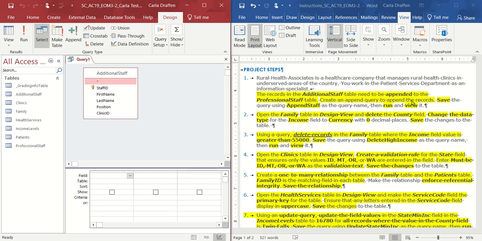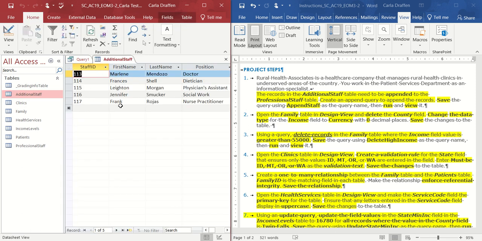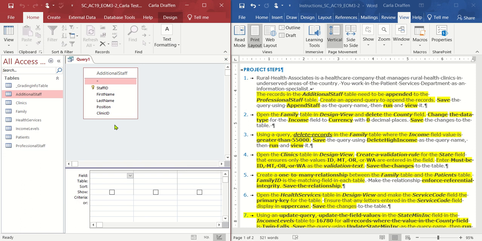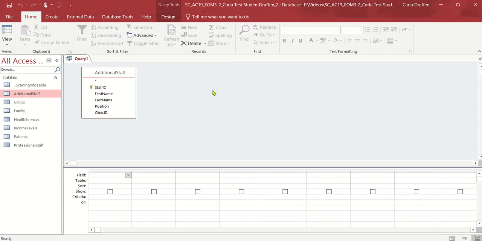So we are going to append the records that are here in this additional staff. And I'm just going to open that up really quickly to show you there are 5 records. And then I'm just going to close it that we're appending to the professional staff. So now that we have our query, we need to tell it that we want to create an append query. So I'm going to blow this up, and I need to select all of the fields,